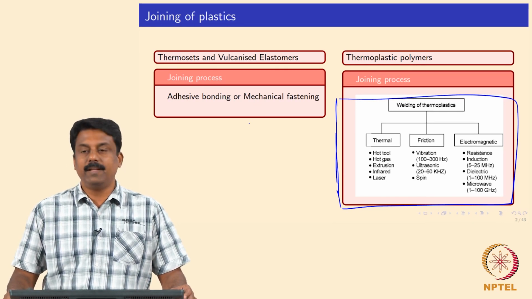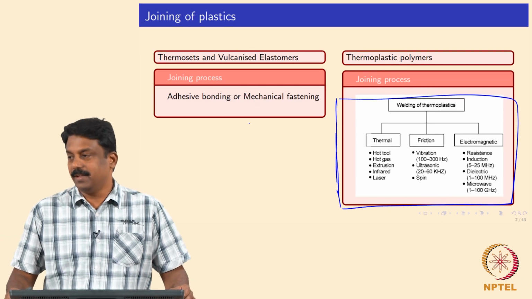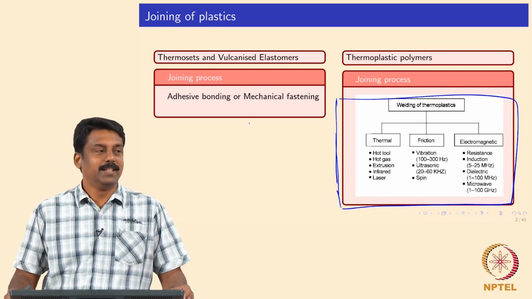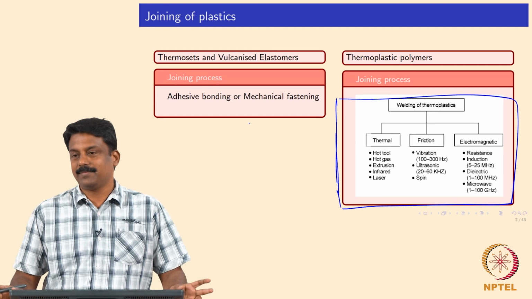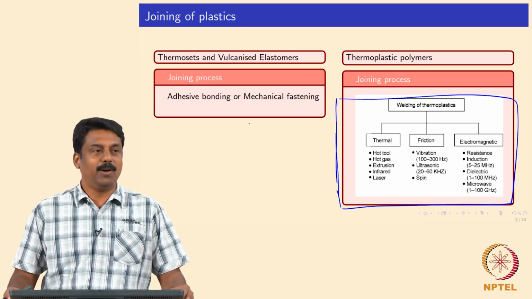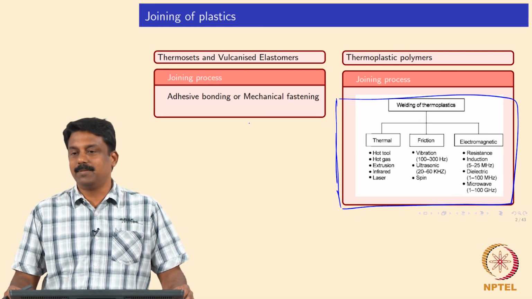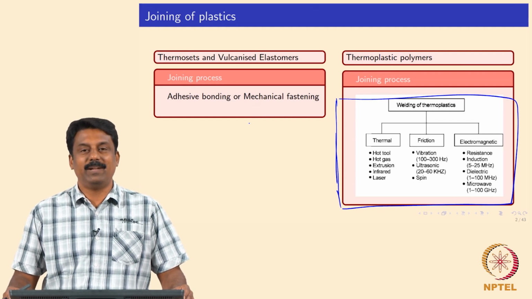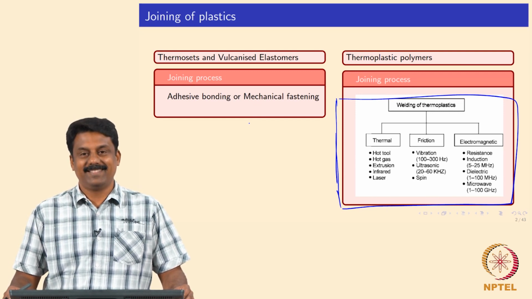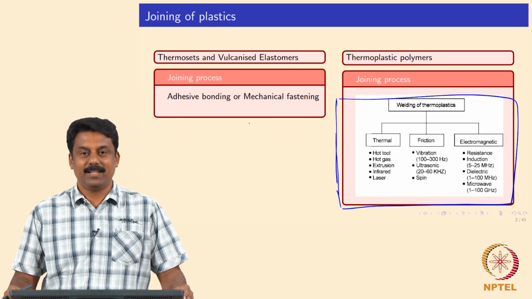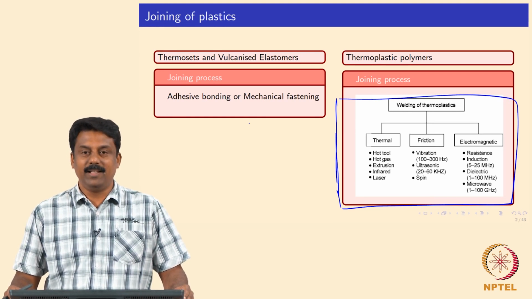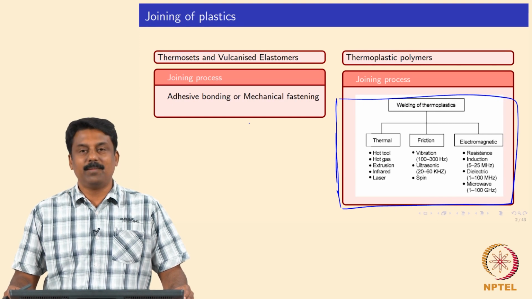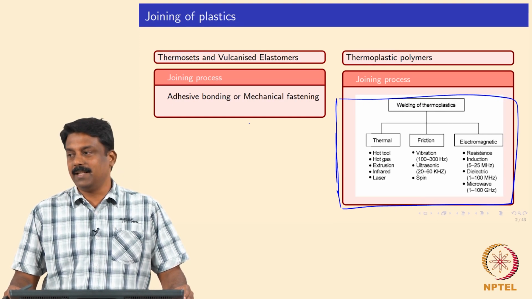Right. So, first, a very simple process used for joining plastics is using a hot plate. I do not know how many of you have seen plumbers working with PVC pipes nowadays. What do they use to join pipes? They generally use adhesive. So, for thermoplastic polymers,